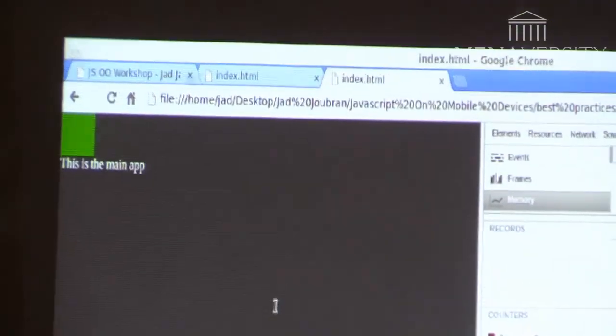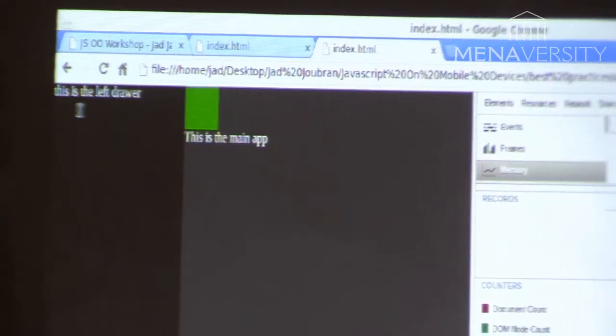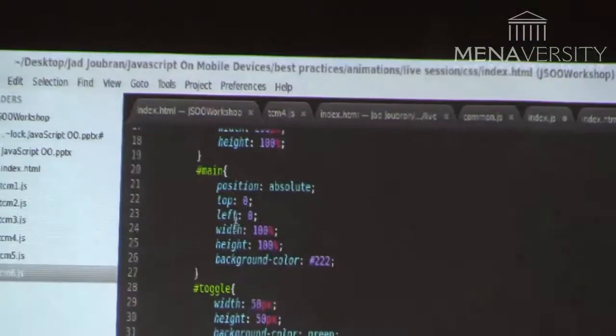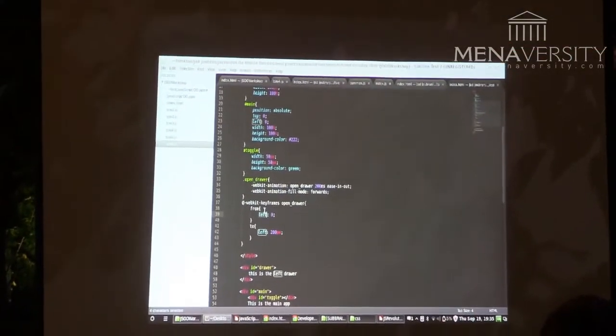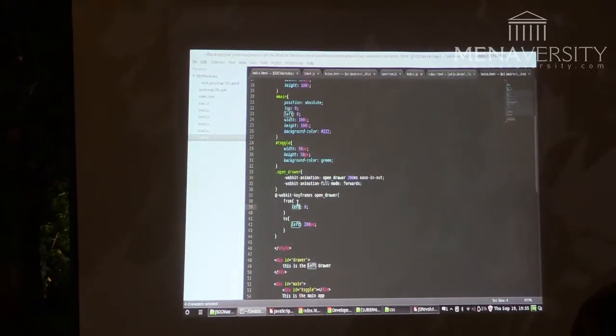CSS3 v1. It works. We won't be able to see any difference on the desktop. But I'll improve it in two ways. First thing, I'm not going to use the left because left triggers the browser reflow and repaint I talked about. We're going to use